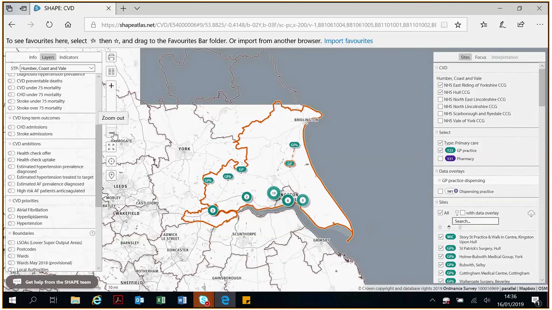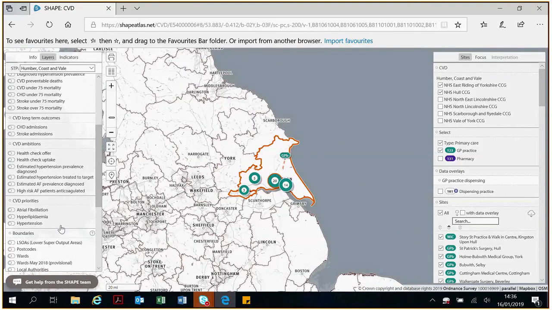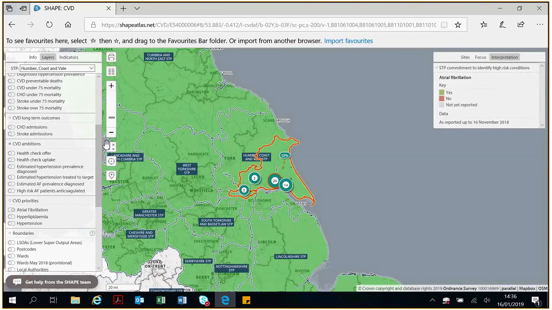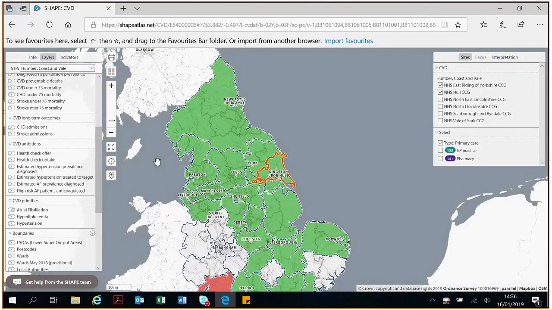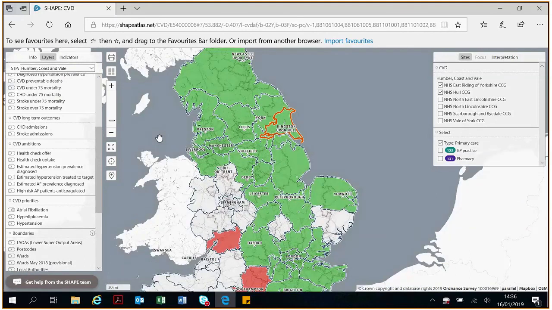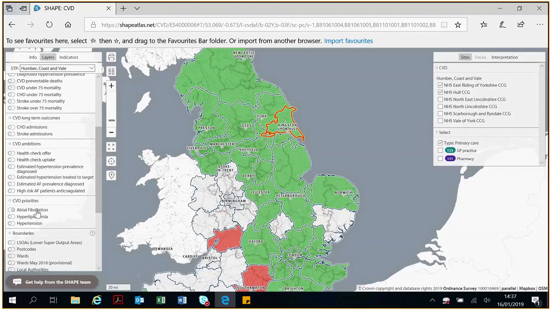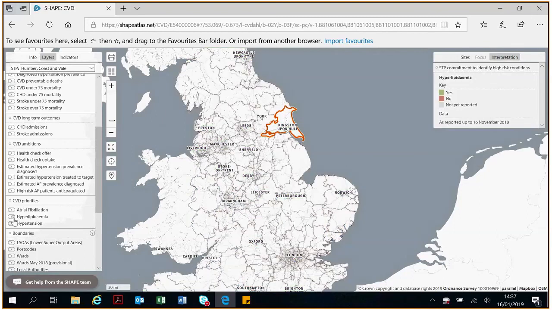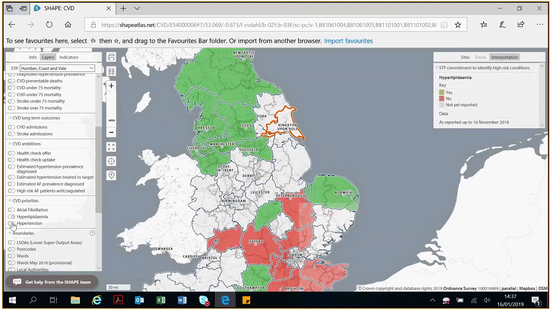So let me just turn off the sites because it's in the way. This was last updated November 18. So we will look to update these for you whenever you have the data, basically. We can upload them